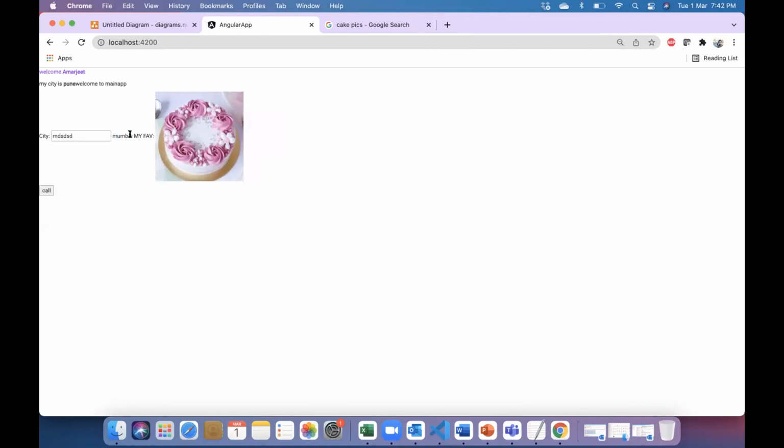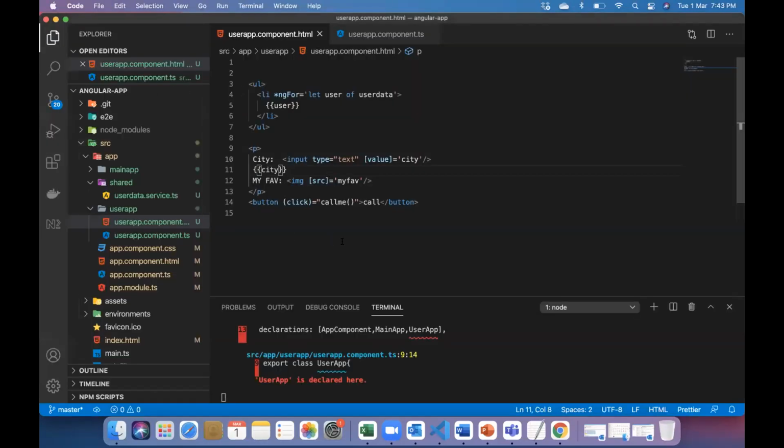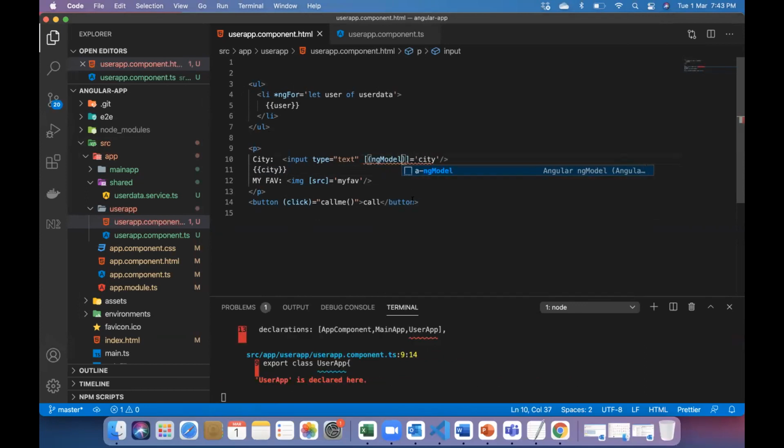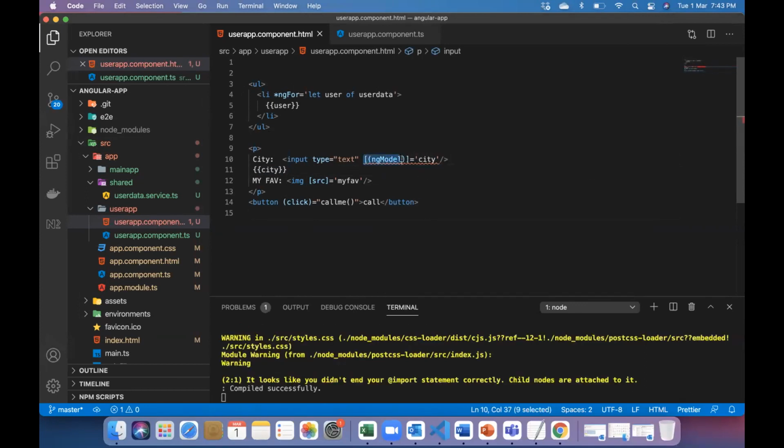Guys, are you able to understand? Yes. The reason is that it is a one-way binding which is there in my text box. It doesn't go back and change the original value of Mumbai. It is only changing locally and it is not affecting it here. If I want to change the value and have it affect there also, it is possible. You can remove the value from here and use what? Come on, ngModel. Just attach this ngModel